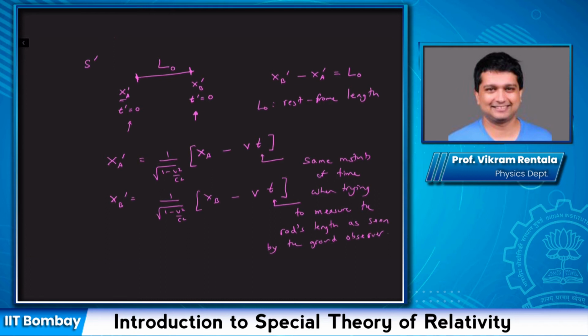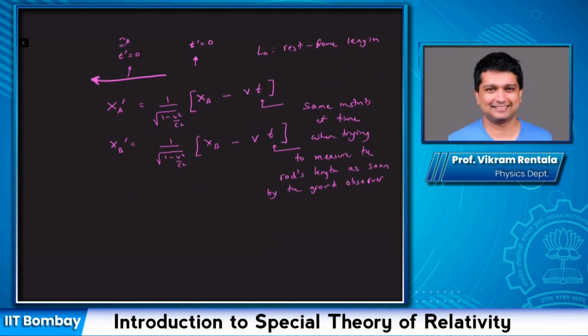Okay, and since simultaneity is relative, the simultaneous measurement of these endpoints of the rod by the ground observer is not a simultaneous measurement as seen by the train observer. So relative to the train observer, the ground observer is moving to the left, and as seen by the train observer, the ground observer is actually not inferring the length correctly because they are using different instants of time to measure the location of the endpoints of the rod. Okay,